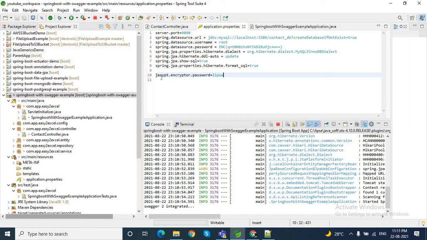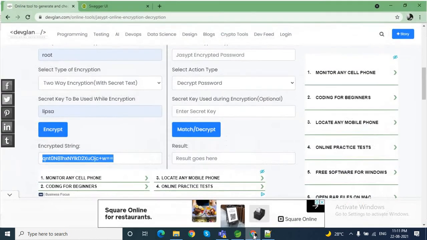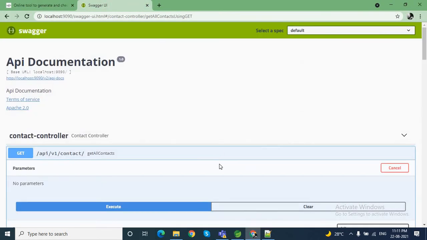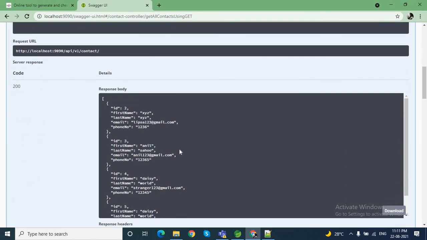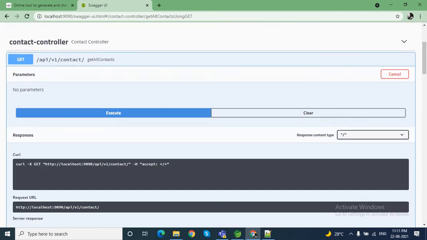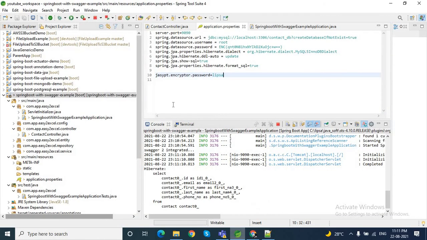By using these properties in my application.properties file also, I am able to connect to my database. Let me check the endpoints again, execute. Here also I am able to get all the contact list. So by using these properties in your application.properties file, or also in your application.yml file, you can decrypt your password at the runtime.